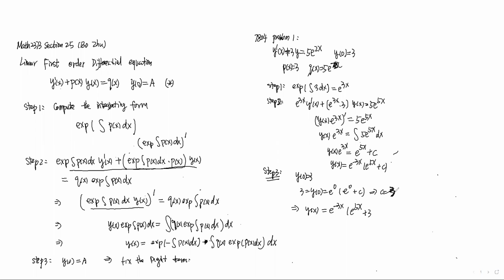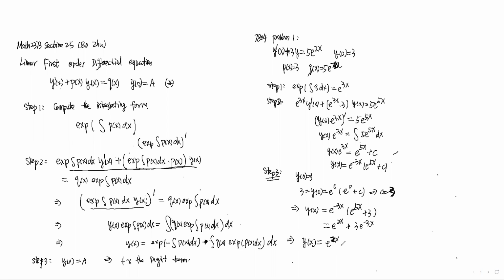Sometimes the pencil has some problem. So we get e^(2x) plus 3e^(-3x). Therefore the solution of this equation is y(x) equals e^(2x) plus,